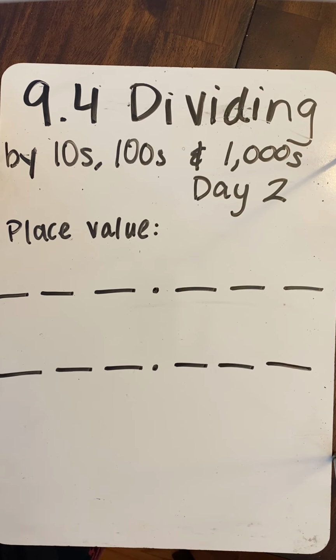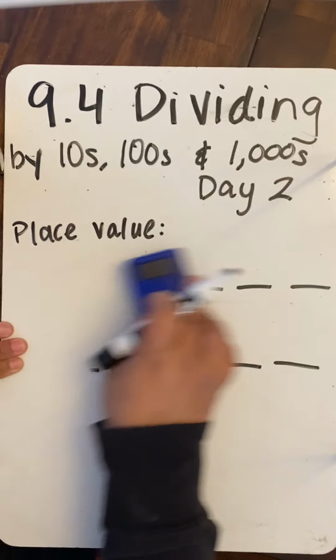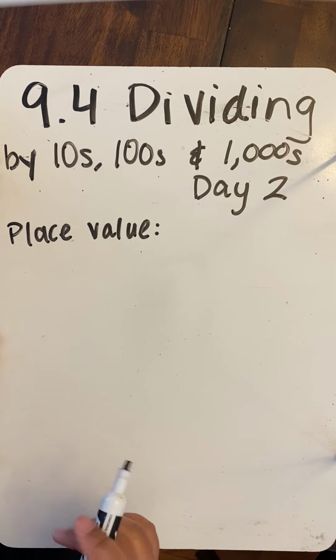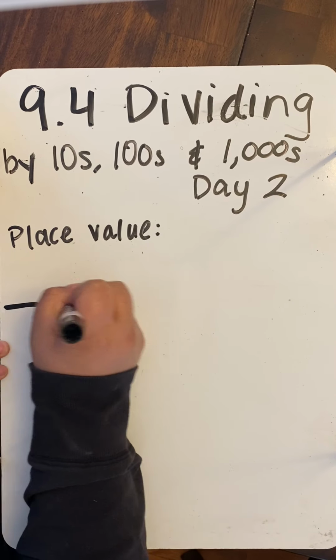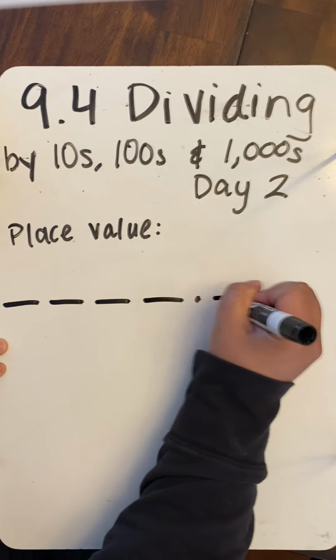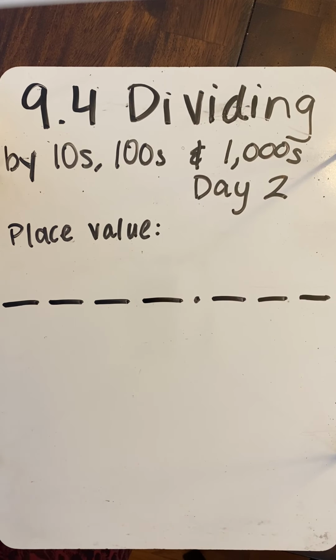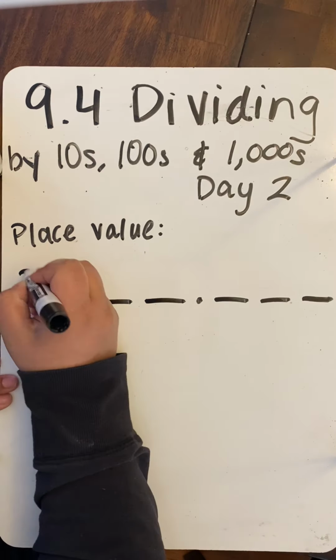If I have the number 3, oh brother, sorry. I feel like I want to do this sideways, but all right, 1, 2, 3, 4, 1, 2, 3. There we go. So if I have the number 3,000